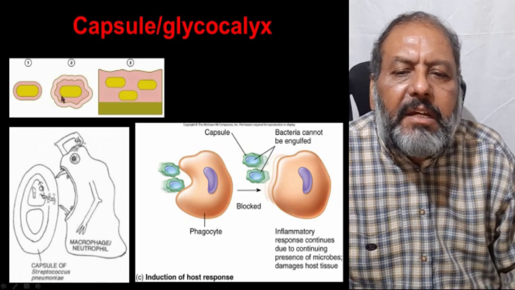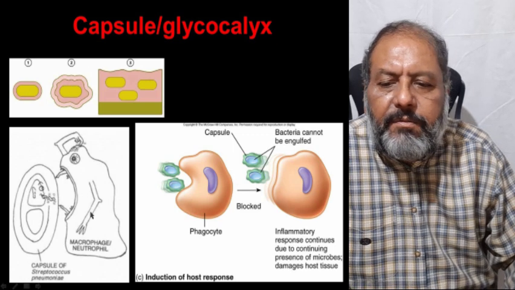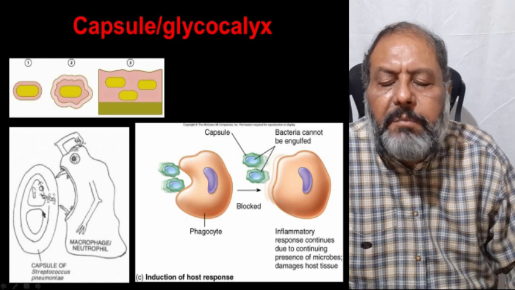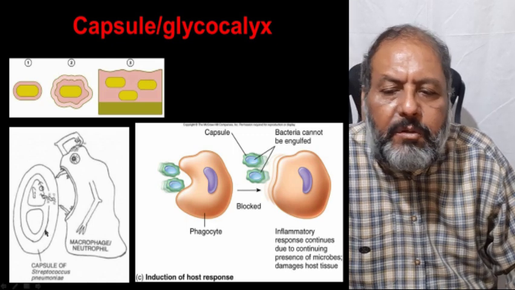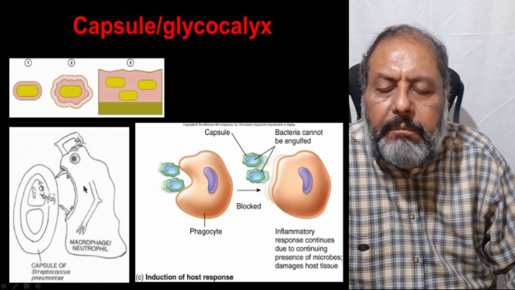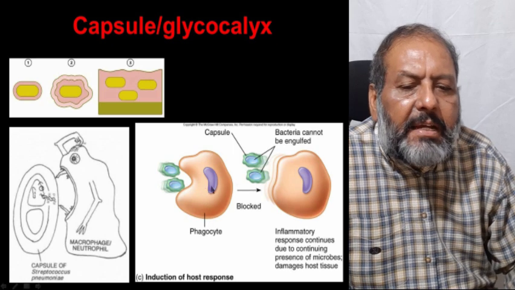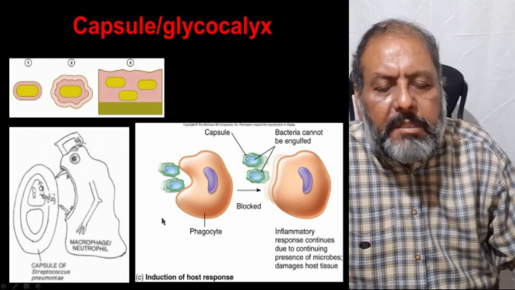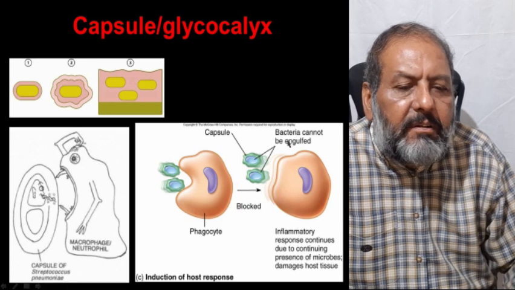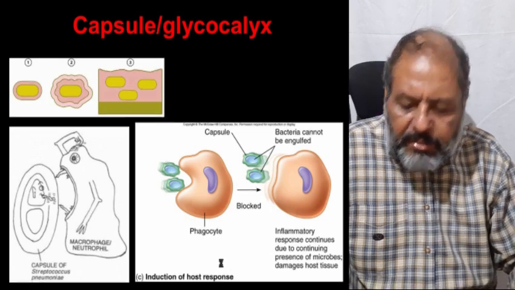So here one can see the capsule or the glycocalyx. The capsule is this and the glycocalyx is around that. So by these, the macrophages and the other neutrophils are not able to engulf it or catch it and eat it. The capsule or glycocalyx is the resistance to eating the bacteria by the macrophages. Here again one can see the capsule; the macrophage tries to catch it and phagocytose, but that is blocked by the presence of this capsule. Bacteria cannot be engulfed, and this is how they evade